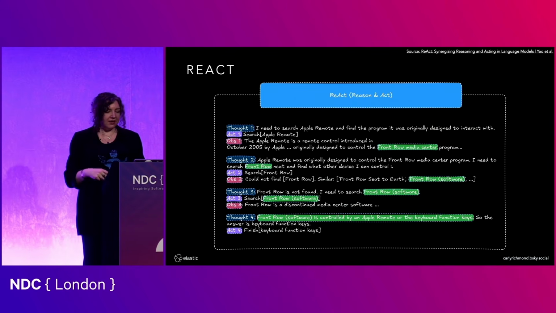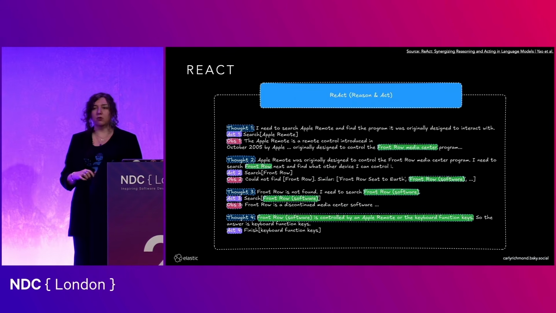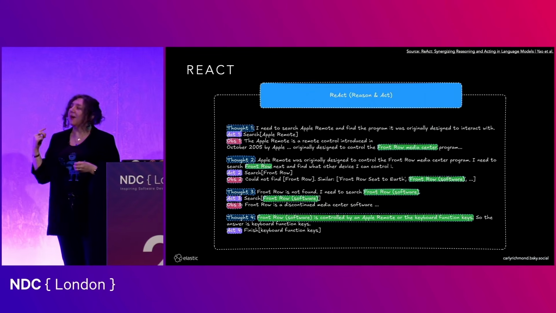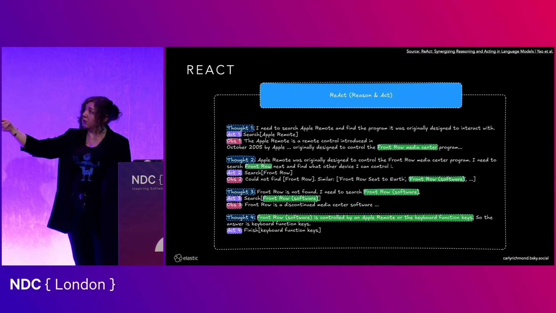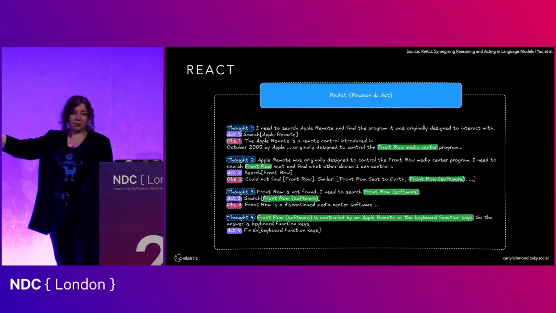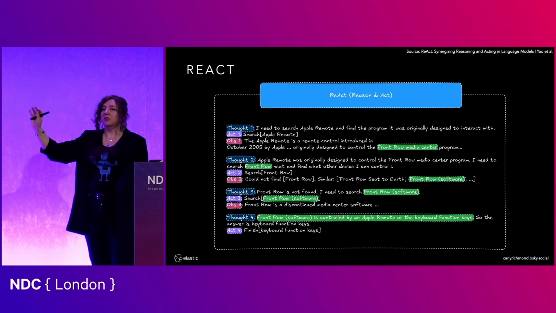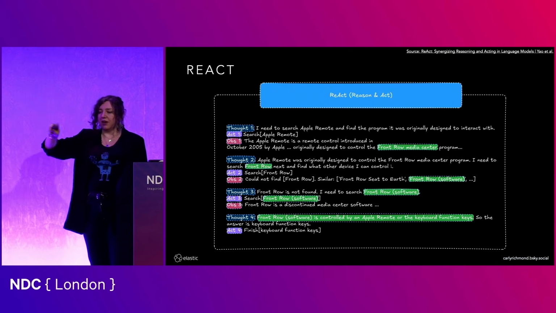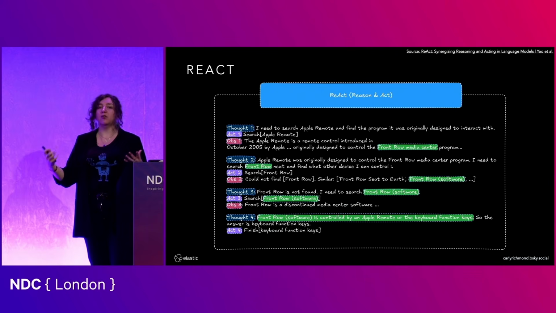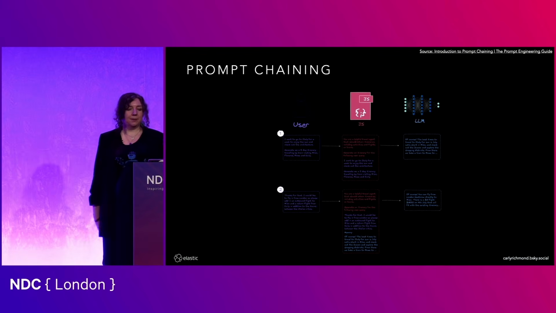So a couple more prompting techniques before we move on. This one is called ReAct, not the framework. It basically stands for reasoning and act. It's a pattern where you prompt the model to explain what it is doing, and output the elements in this kind of format: what's your thought? What are you thinking at that moment in time? What's the corresponding action that you think off the back of this? And what's the observation that you see? As it goes through a few times, by spitting out this logic, hopefully it should, one, help explain what's happening, and two, lead it to the right answer.